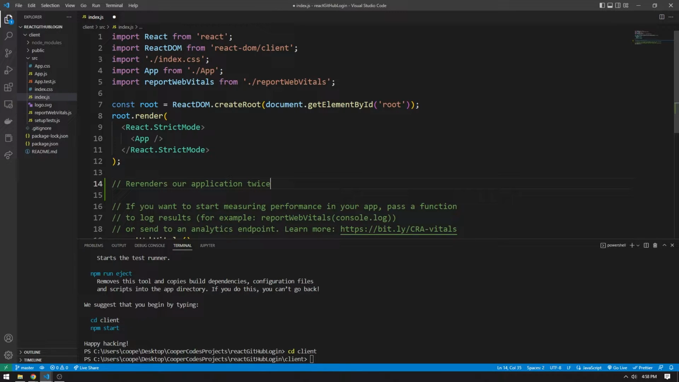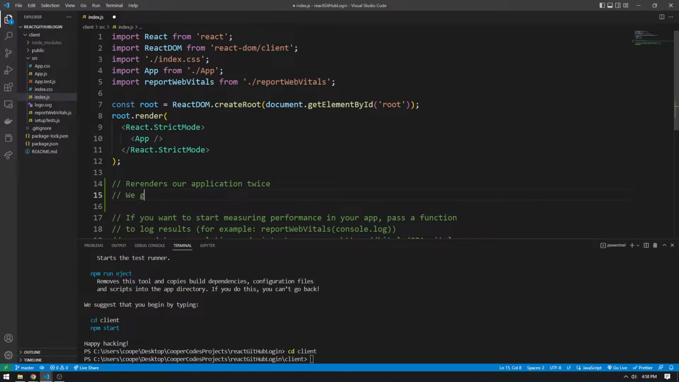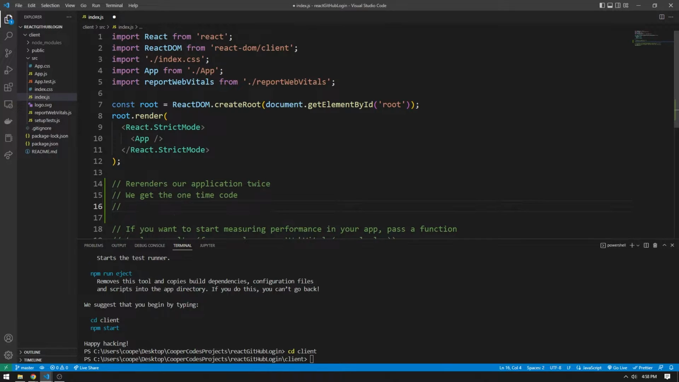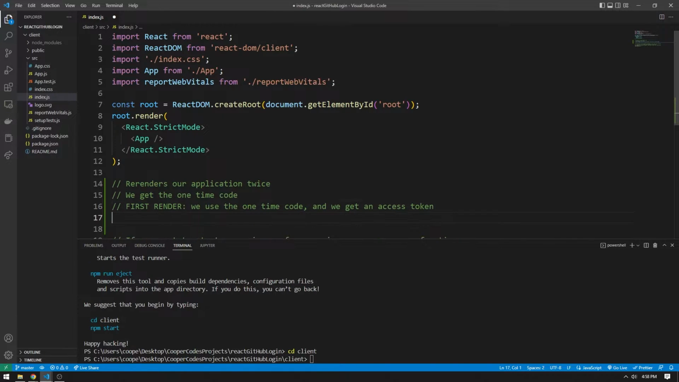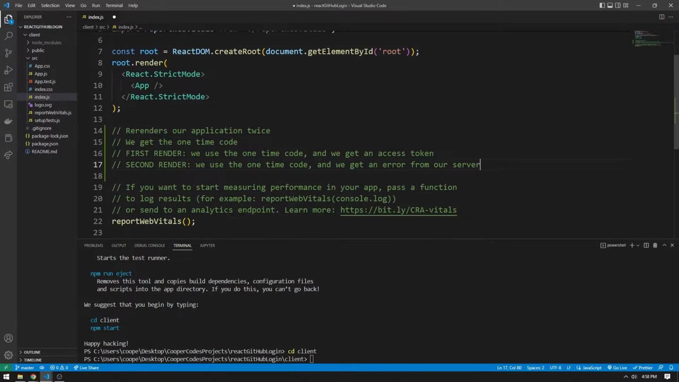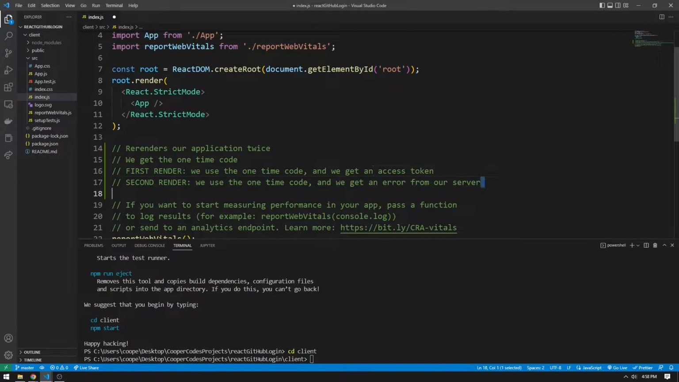Well, the GitHub OAuth gives us a code which can only be used once. So here's what happens: we get the one-time code, and then on the first render, we use the one-time code and we get an access token, which is what we'd expect, right? On the second render, we use the one-time code again, the same exact code, and we get an error from our server saying that that code has already been used to try and get an access token. There are ways where you can pretty much do an if-else and try and get out of these errors, but to make this tutorial nice and clean, I'm just going to get rid of the React strict mode